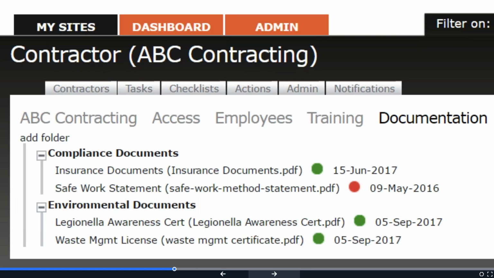Finally, the contractor will essentially have a hub where they can upload their own documentation. So you can give contractors access to their own individual profiles, and within this profile, there is a documentation hub where they can upload any sort of requested information. So you can ask of them through an assigned action, I want you to upload these many documents. They can go in and do that.